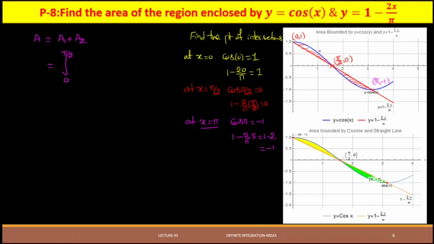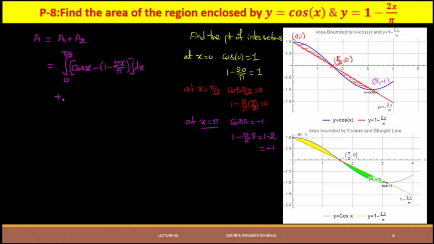So what is the upper curve here? It is cos x is the upper curve here. So this is equal to cos x minus the lower curve, y is equal to 1 minus 2x by pi. So this is 1 minus 2x by pi into dx plus